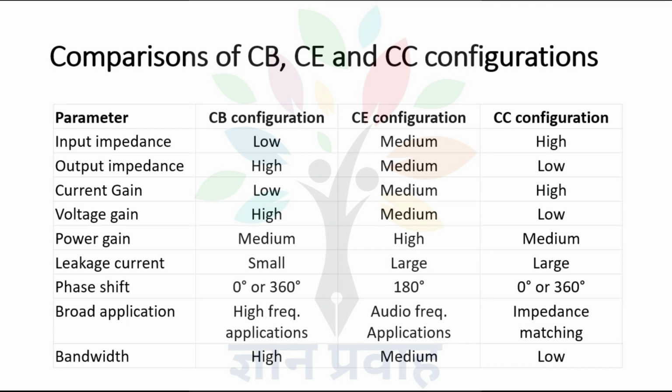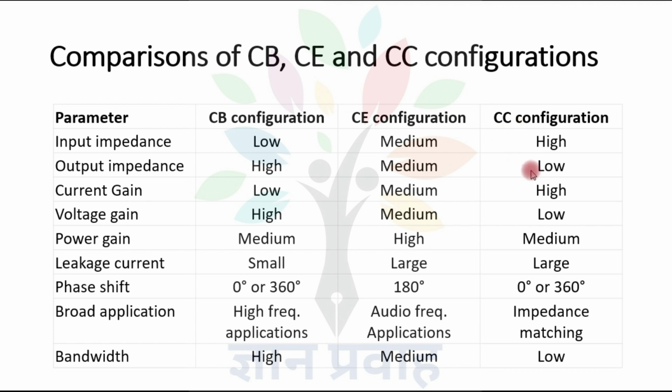Comparison of CB, CE and CC configurations. Here we have discussed different parameters and compared the different configurations of BJT. The first parameter is input impedance: in case of CB configuration its value is low, in CE configuration it is medium, and in CC configuration it is high. For output impedance, CB configuration has high output impedance, CE configuration has medium,